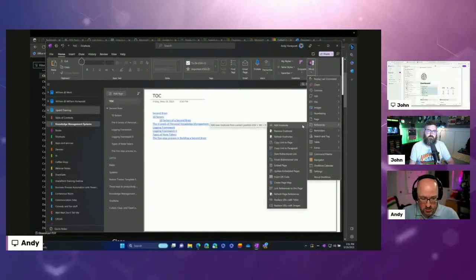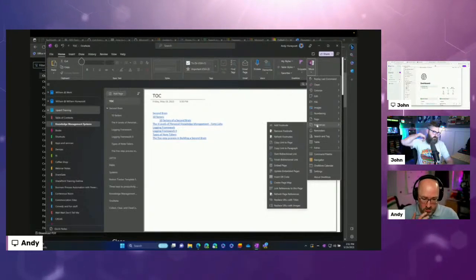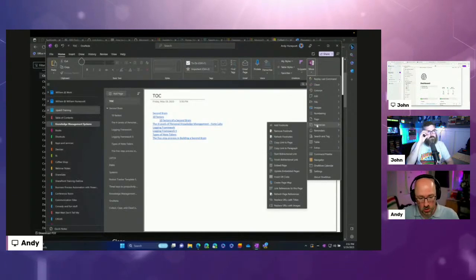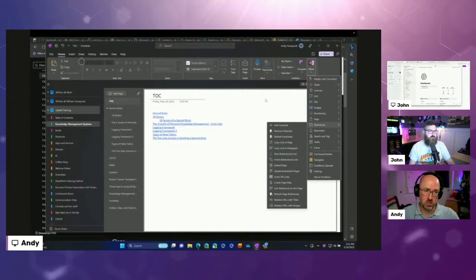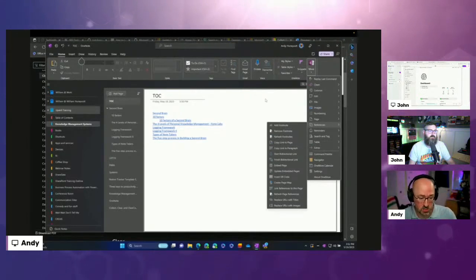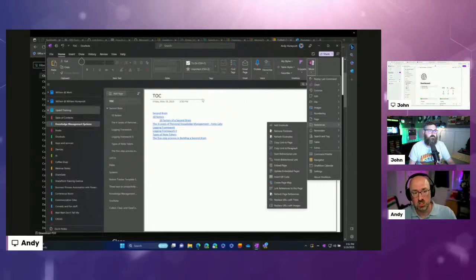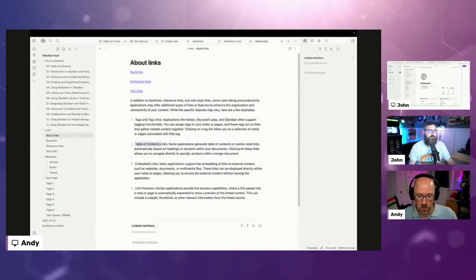There's a table of contents reference that you can add to it. And there's a whole bunch of other stuff, but it's a plugin, and so you're dependent on the developer to keep it up. And he's done a really amazing job with it for the time that I've actually used it. It's been really, really cool. So that's one thing that I would really like to have.